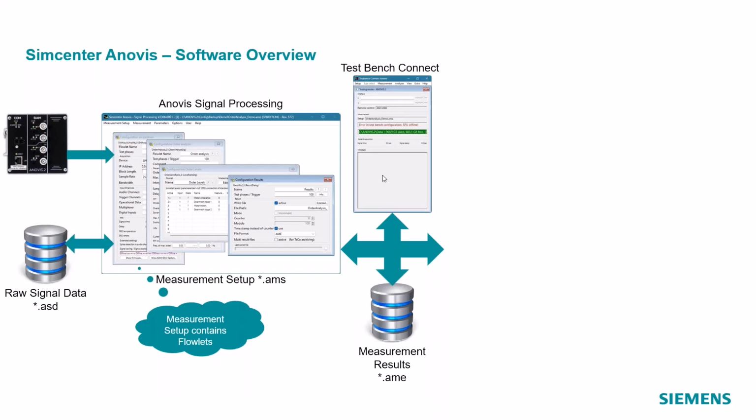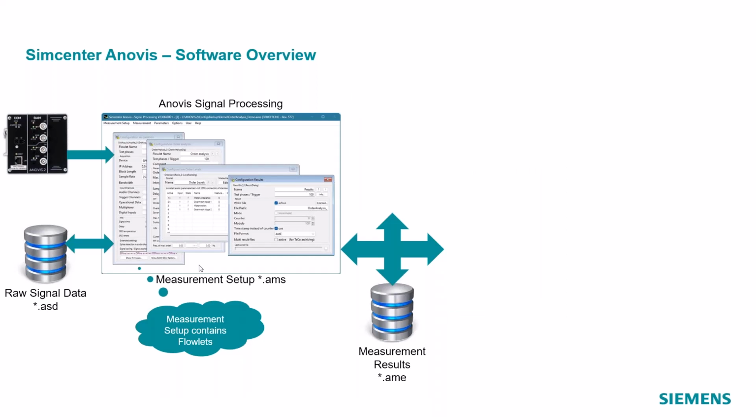Flowlet is your secret thing there for not having to program. Exactly. The measurements are built from flowlets. Flowlets are the signal processing modules, and they have inputs, outputs, and parameters. Yeah, and it can take data from the hardware live or from a pre-recorded signal. If we had a production run that had a bunch of signals from it, it'll calculate metrics and limits and everything, and puts everything in this result file.